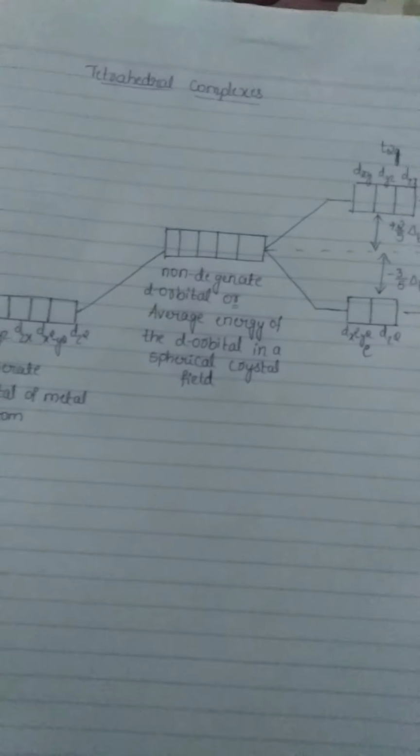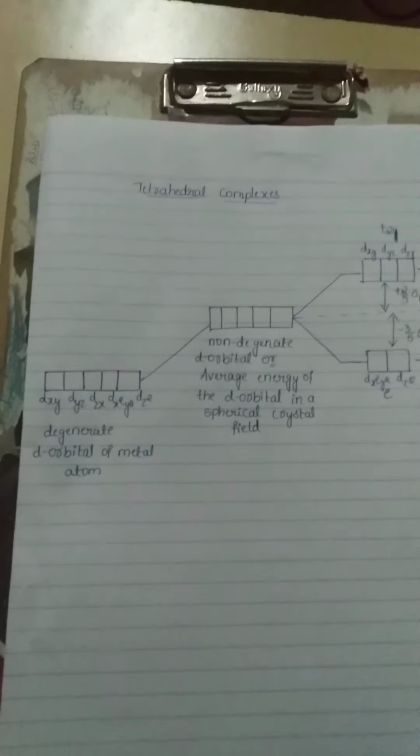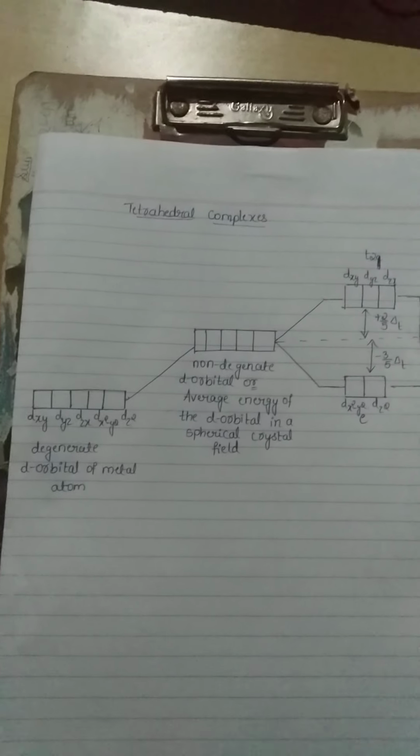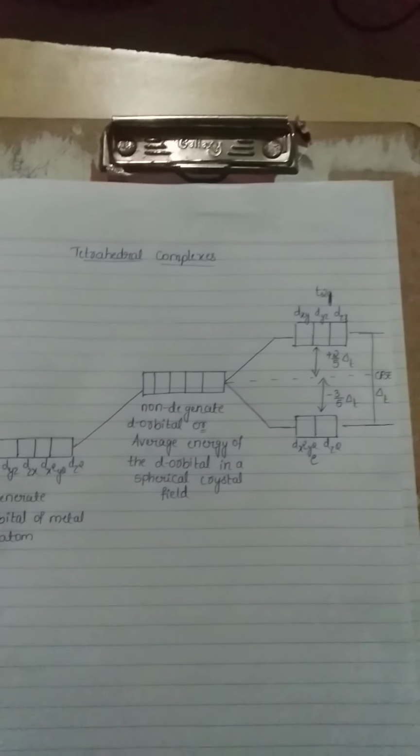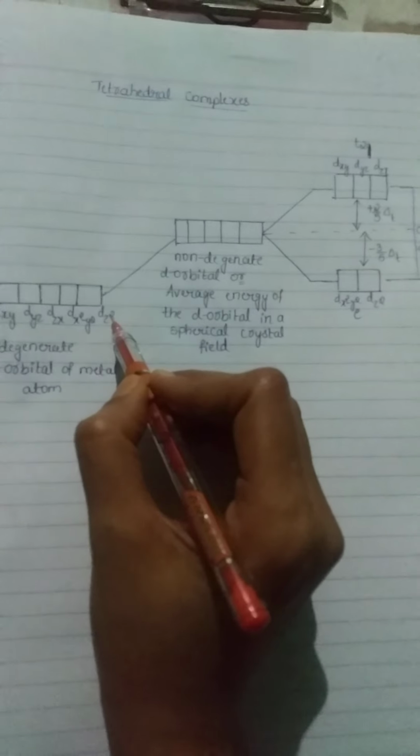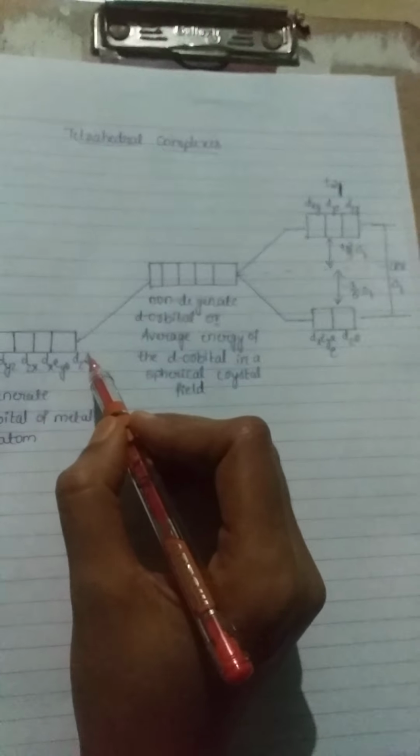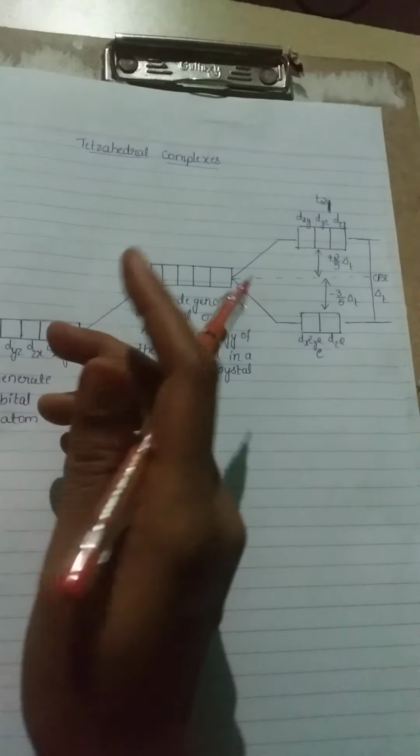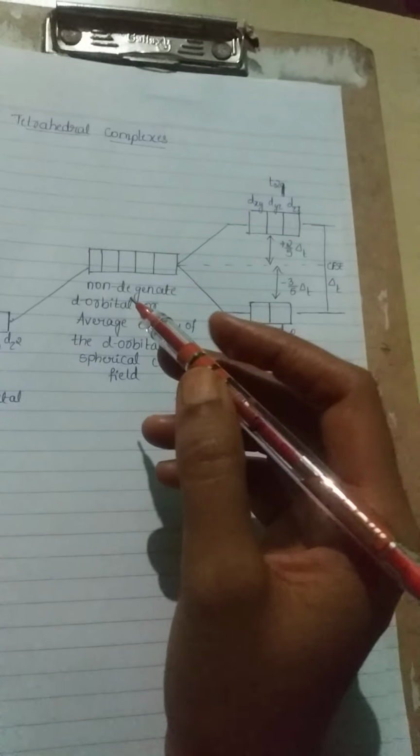Next one is for tetrahedral complexes. Here the same: the metal has the d orbitals, those are dxy, dyz, dzx, dx square minus y square and dz square. We already know the structures of the d orbitals. Then next, for tetrahedral complexes, we represent the